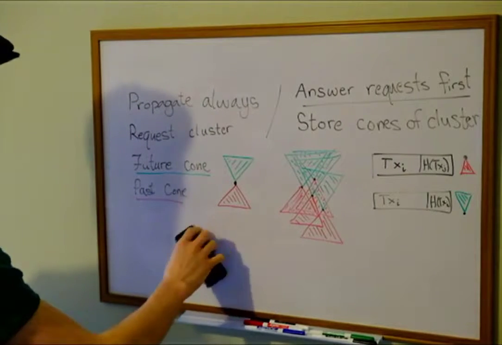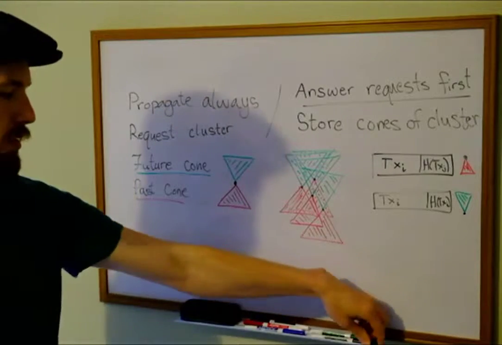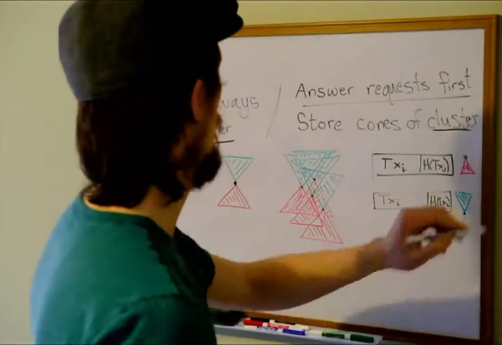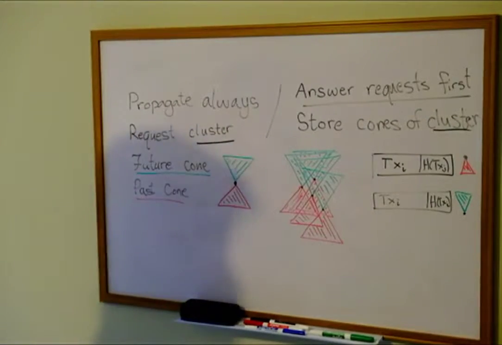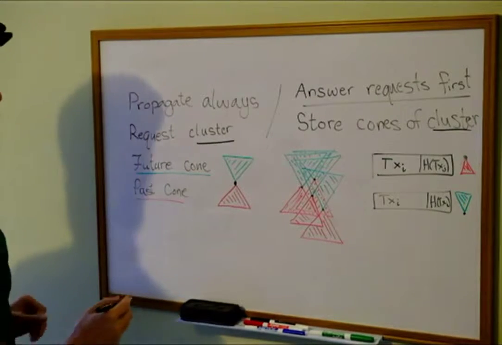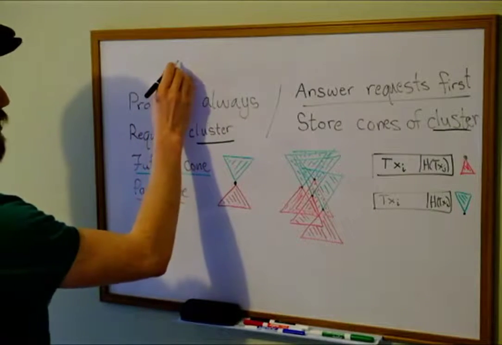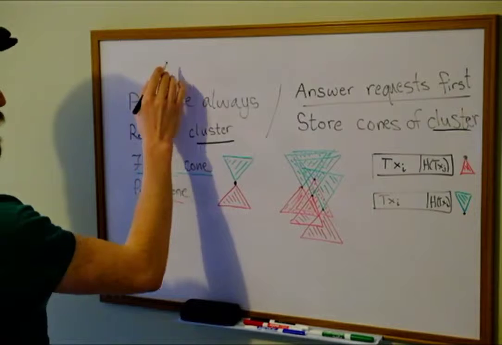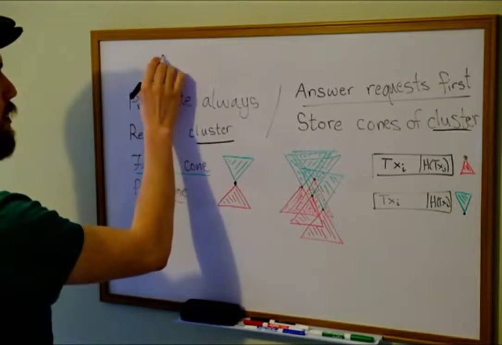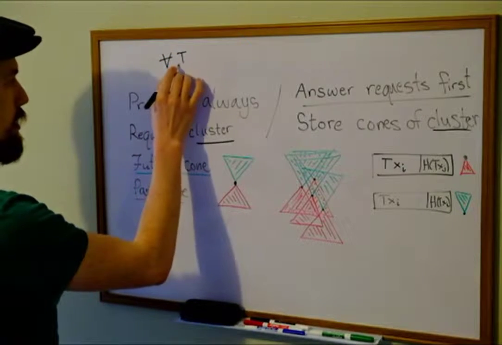So let's define real quick what I mean. I'm going to use the term cluster. Used it here and here. Forgive me, I'm not that adept at mathematical terminology, but the cluster is the past cones and future cones of all identities adjacent